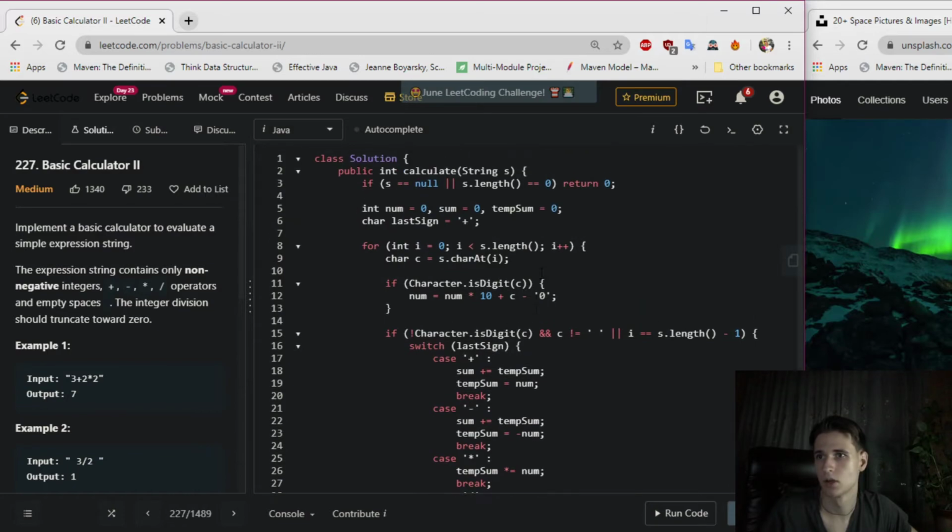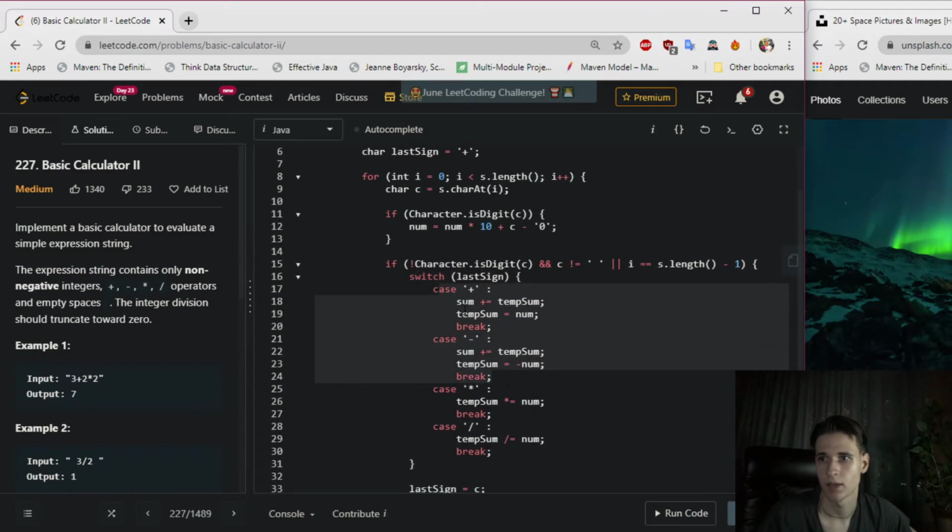That's it. So we don't use a stack in this solution. We instead create two extra variables, called sum and temp sum. We do kind of the same stuff that we did before, but here we've got a switch and cases, and after each case we break. We say break, right? And here, if